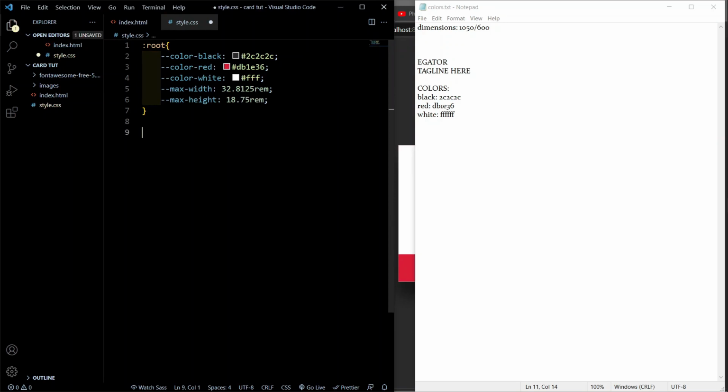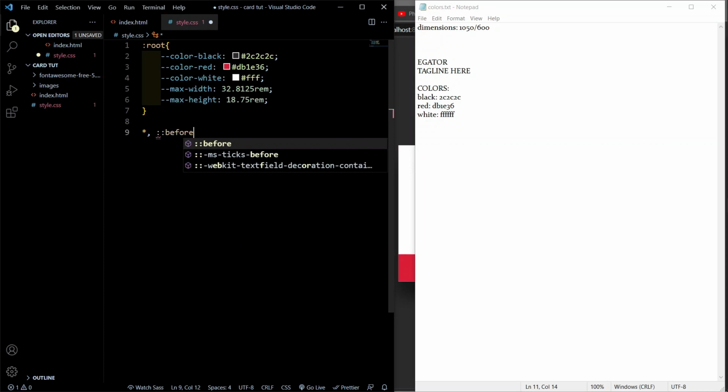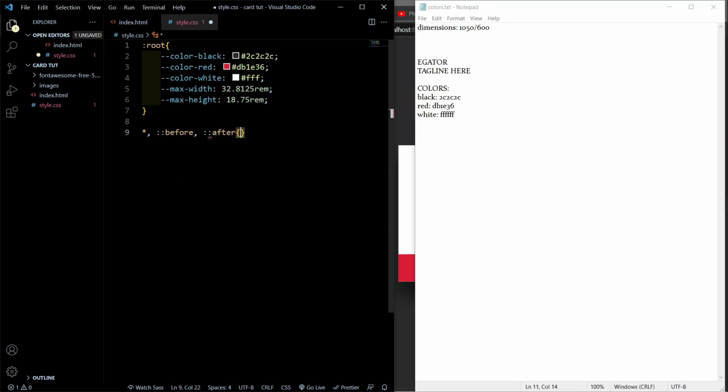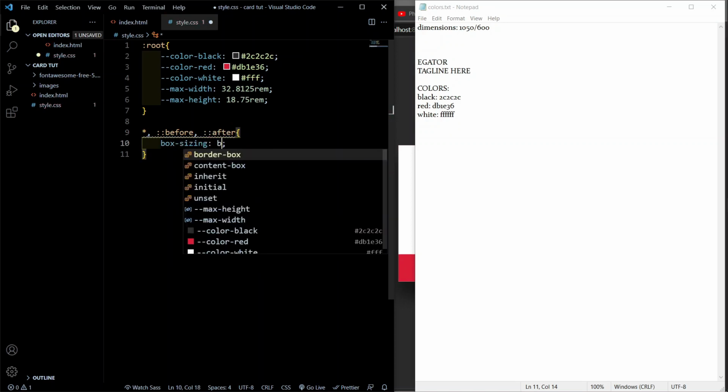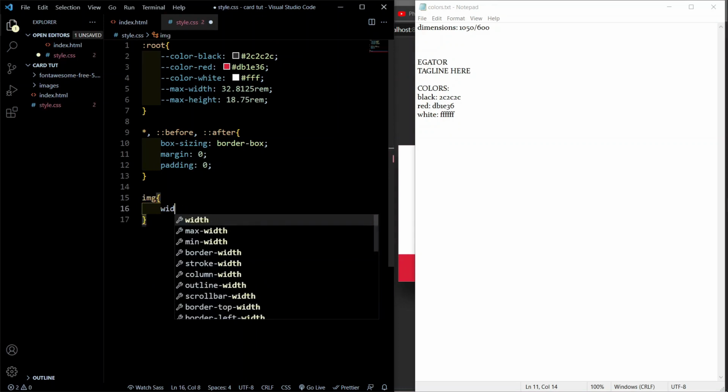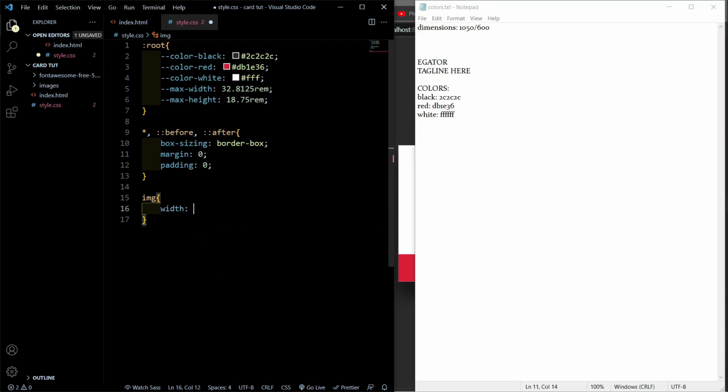Okay, and then our browser prefix, we are going to have this set up before and after, and all that box sizing should be border-box, and let's set our margin and padding to 0. Okay, yeah, so that's enough to get us started. And then I'm going to have the image, which is the logo. I'm going to give it a width of 7 rem. And then the H1